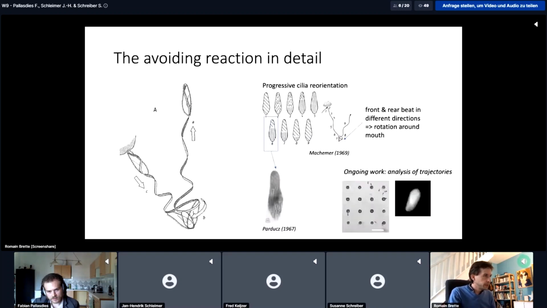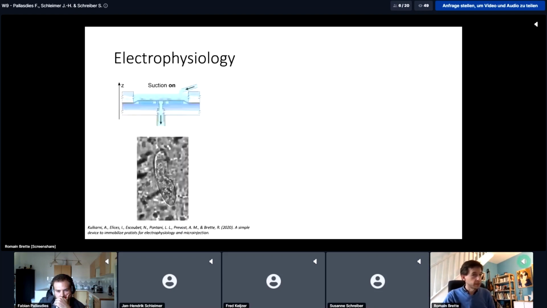Very briefly, I wanted to mention some work that my collaborators are doing on analyzing behavior and microengineered swimming pools with obstacles and tracking. So I won't discuss that today. I will talk about the electrophysiology mostly. So the main difficulty for the electrophysiology is that it swims really fast. It swims at about 10 body lengths per second.